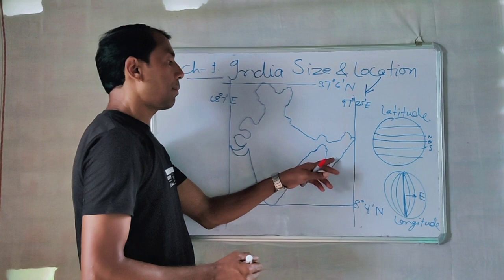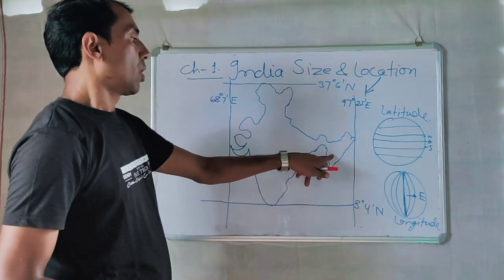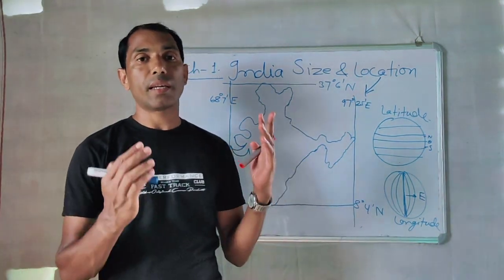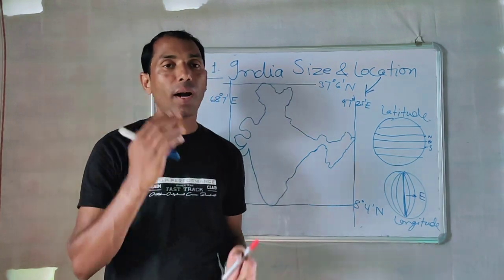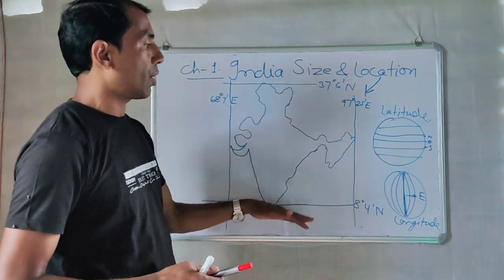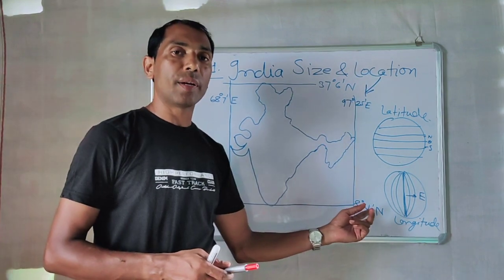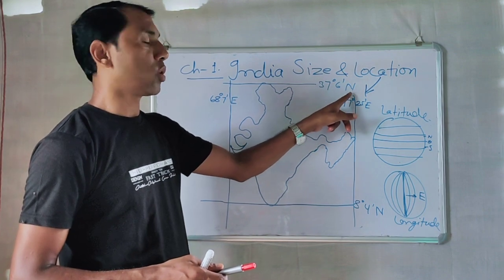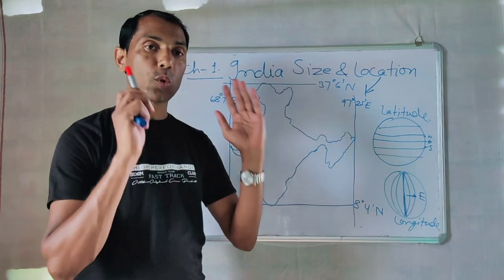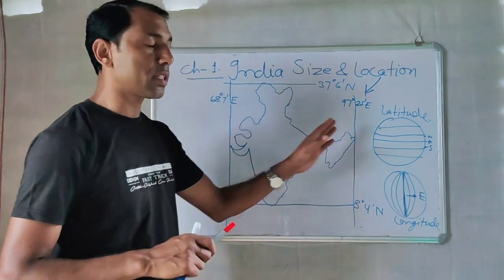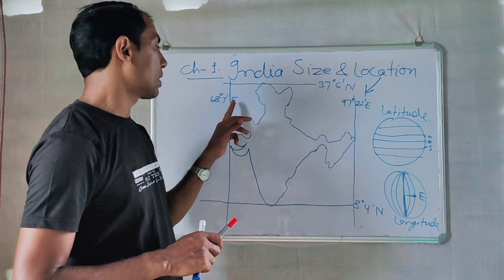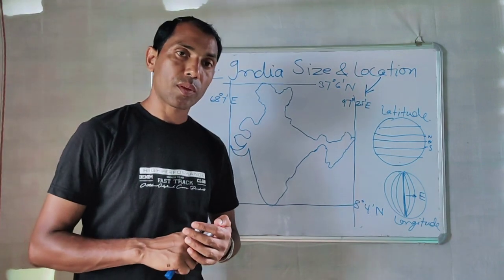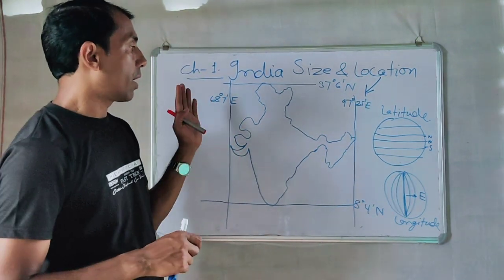My dear friend, many times in the examination the question is like this: India is lying in which hemisphere? So it is lying in the northern hemisphere. What is the latitudinal extension of India? That is 8° 4' north latitude to 37° 6' north latitude. What is the longitudinal extension of India? The longitudinal extension is 68° 7' east to 97° 25' east, right? चलिए तो इसके नेक्स्ट पार्ट को हम देखते हैं.